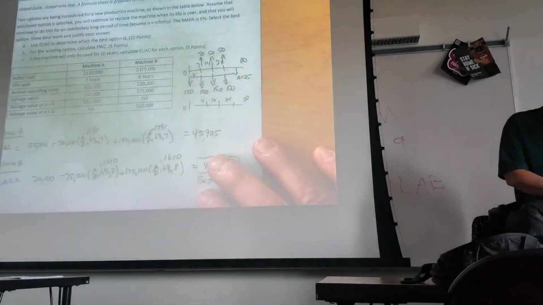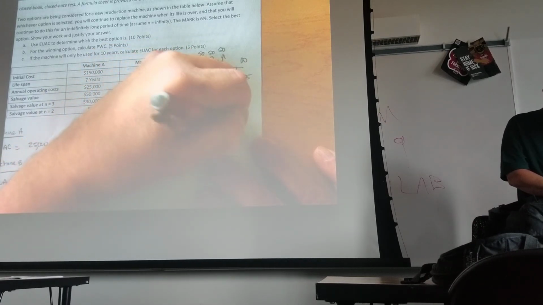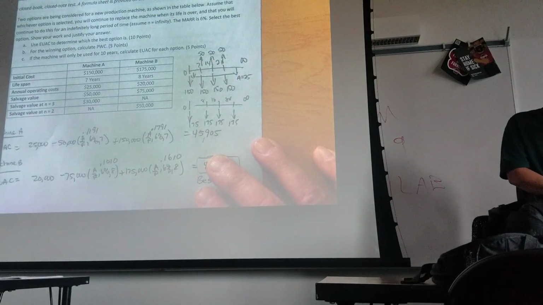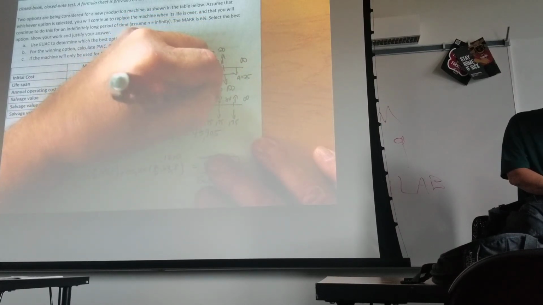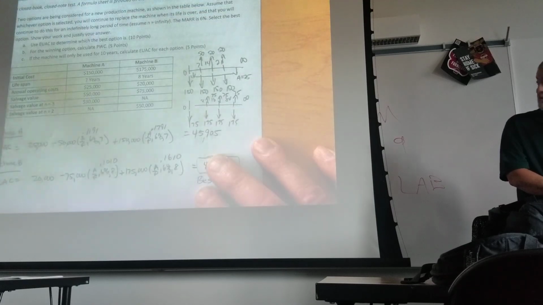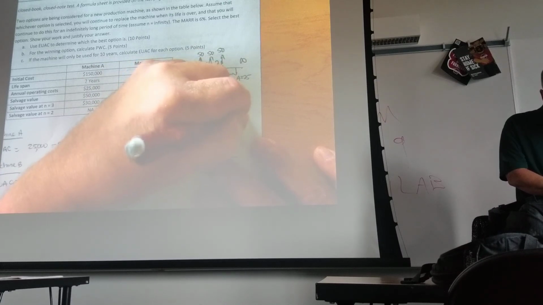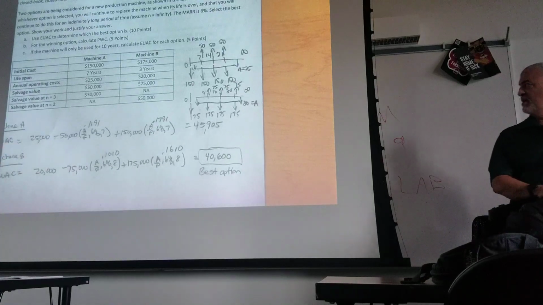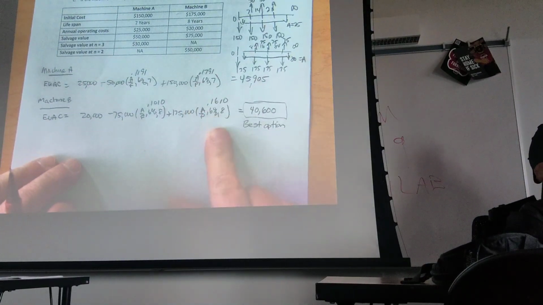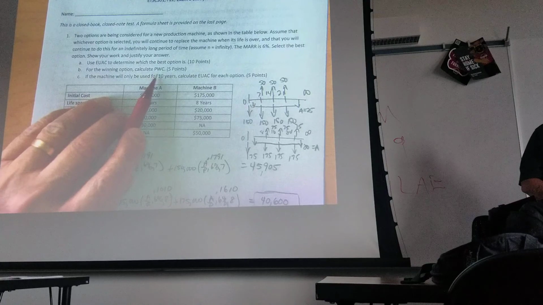Infinity. With a cost of 175. And a salvage of, no, salvage of 75. And an annual cost of 20. Okay, because of that repeating pattern forever, that's what allows us to just do this one on 7 and this one on 8. Okay, but the second part of that question is calculate PWC for